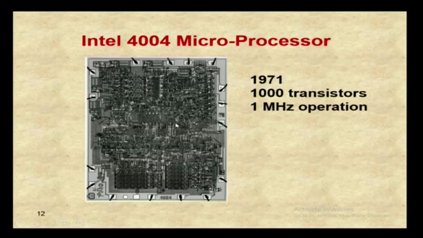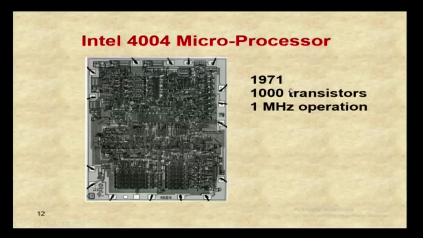Then another revolution came: the size of the transistors was systematically getting reduced, and the metal oxide semiconductor transistor was introduced. The metal oxide semiconductor transistor was invented in 1928, but at that time people did not bother much about it. Later on it was found that metal oxide semiconductor transistors can be made in a smaller size compared to the previous transistors, and they consumed less power. Intel developed the technology, and they were able to integrate, as you see here in this slide,